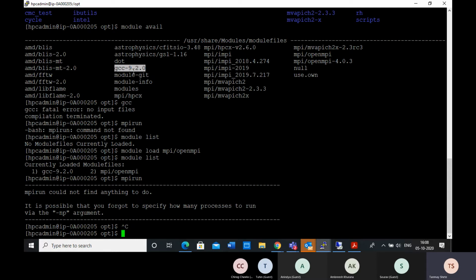You can unload any module and load any module. But then again, we need the Open MPI matching with that module, so both things have to be matched. That's why we make sure that once you load Open MPI, the associated GCC will also get loaded.